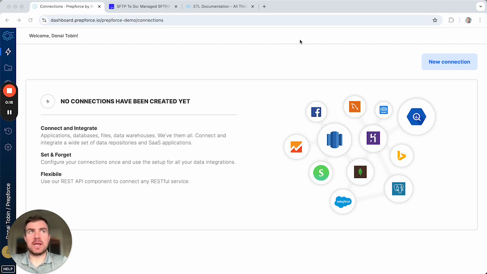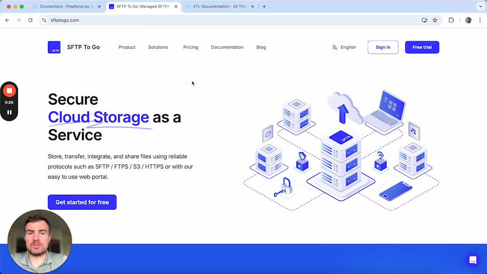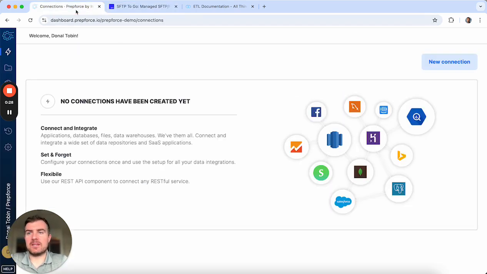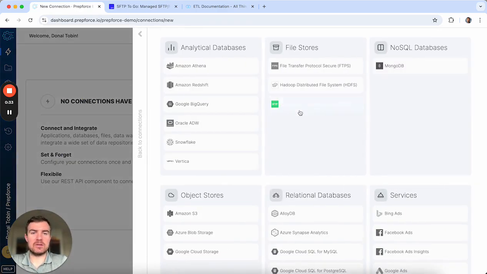You do need an SFTP server in order to ingest files onto the Prepforce platform. So if you don't already have an SFTP server, you can use a service like SFTP To Go to set one up in a couple of minutes. And then in order to add that connection onto the Prepforce platform, you just click new connection, you click on